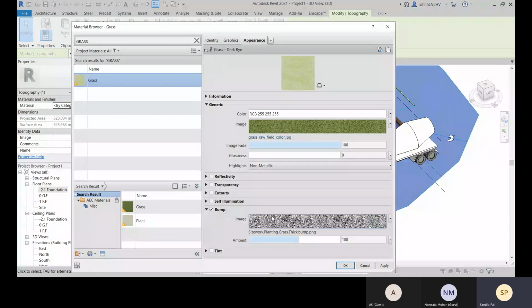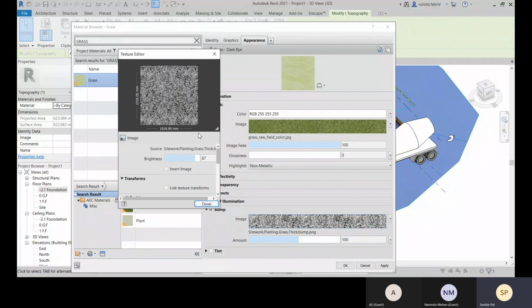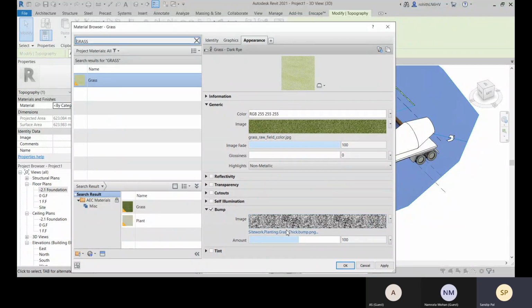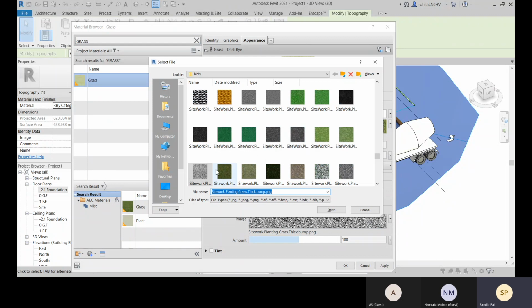And if you want to choose any bump option, it is there. You can also define any bump map. There will be bump written over there, so you have to choose that, or else you can choose any other as well. Here you can see this is specifically for bump. I hope you can see in the name, right?